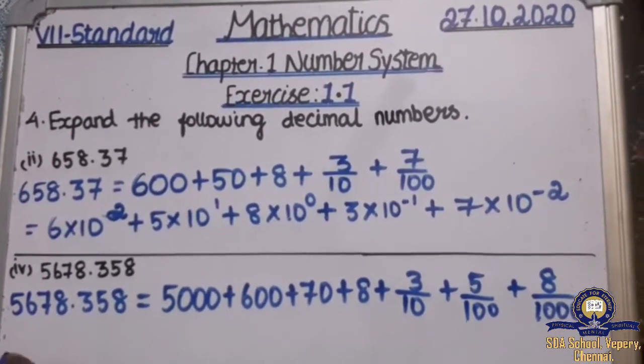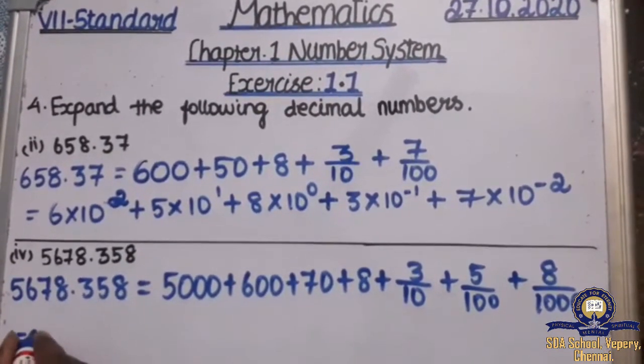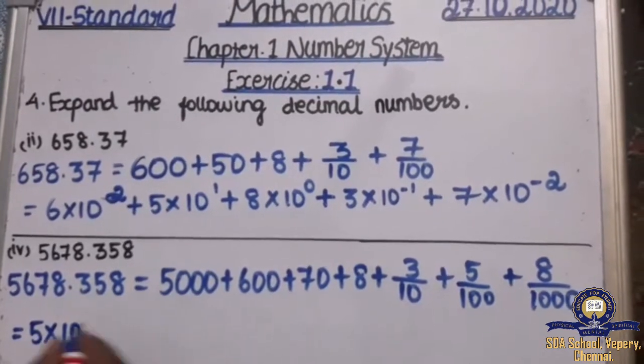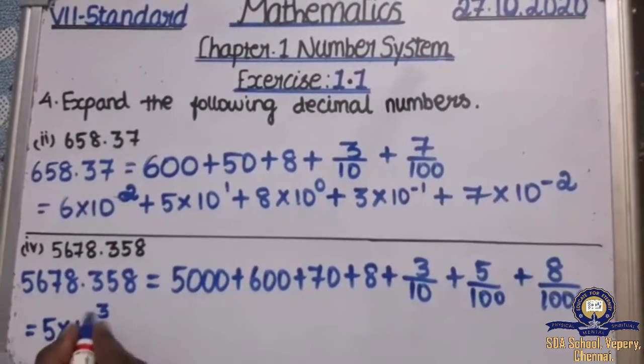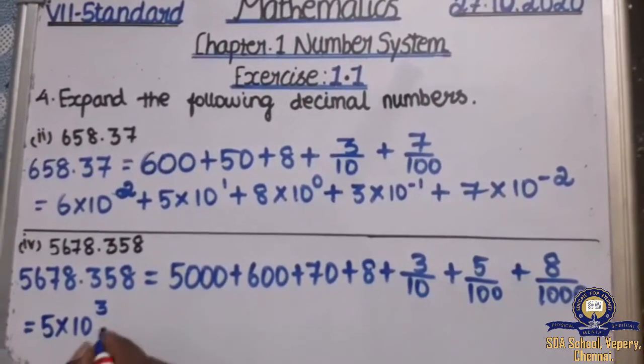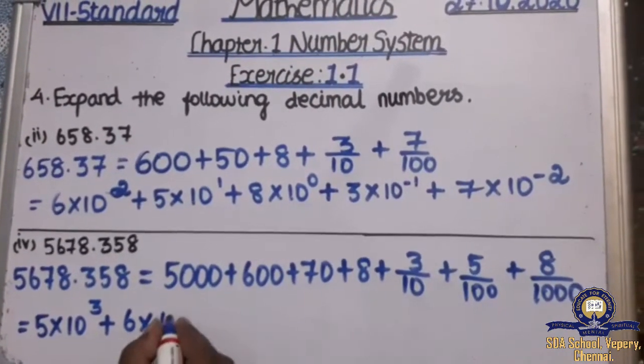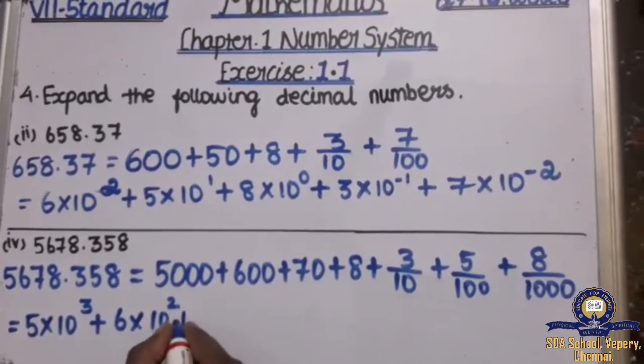Now we need to expand the power terms. So we can write it as 5 multiplied by 10 power. So how many zeros is that? 3. So we can say it as 10 cube, which is 10 power 3, plus 6 into 10 power 2